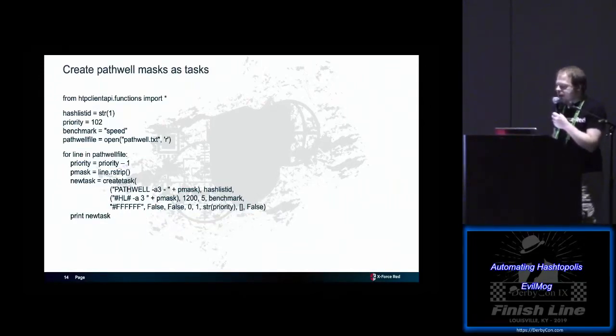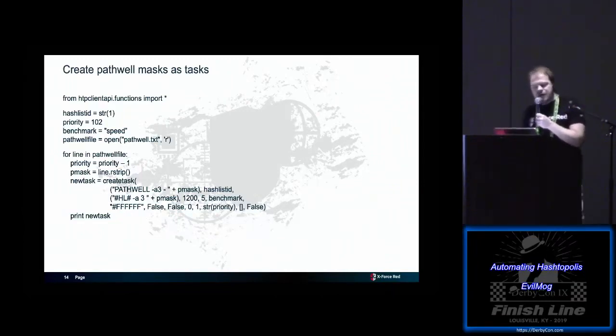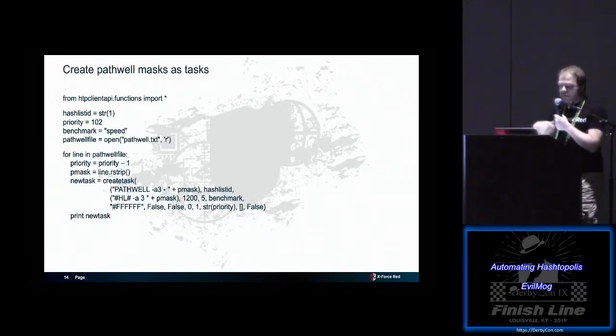You don't necessarily have to. You can do this through the API or through the GUI, but that was a new feature as of earlier this year. You used to have to do this via the API. So this little script here does a loop through the pathwell masks, for example, and creates a mask for every line in that entry. It's kind of handy in that regard because you can eventually create, say, multiple supertasks in the process